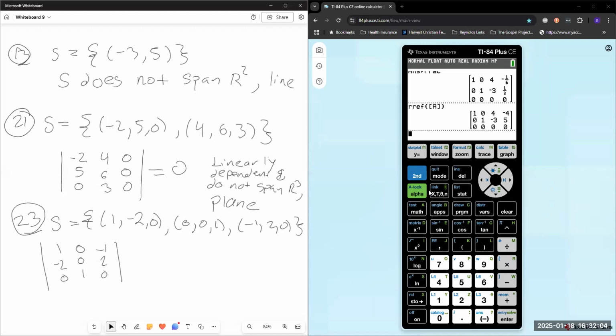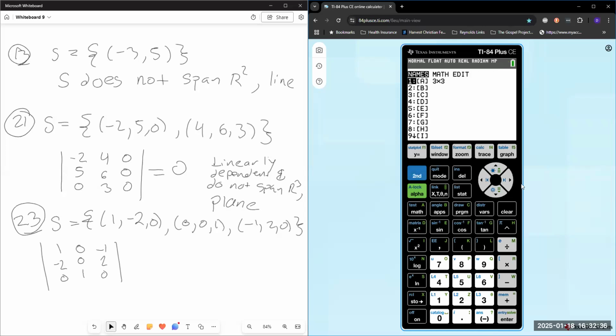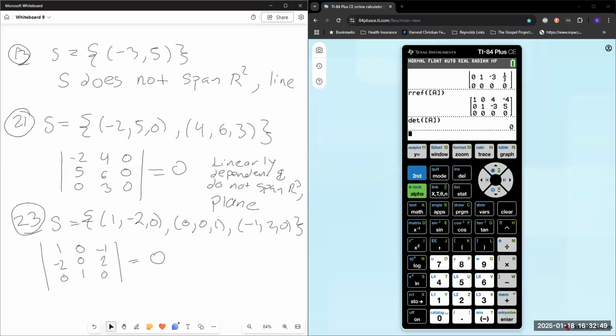Let me go ahead and do that in my calculator. Second matrix, edit, 3 by 3: 1, 0, -1, -2, 0, 2, 0, 1, 0, and I need second matrix, determinant of second matrix A, 0 determinant, which tells me that somehow, some way, these were